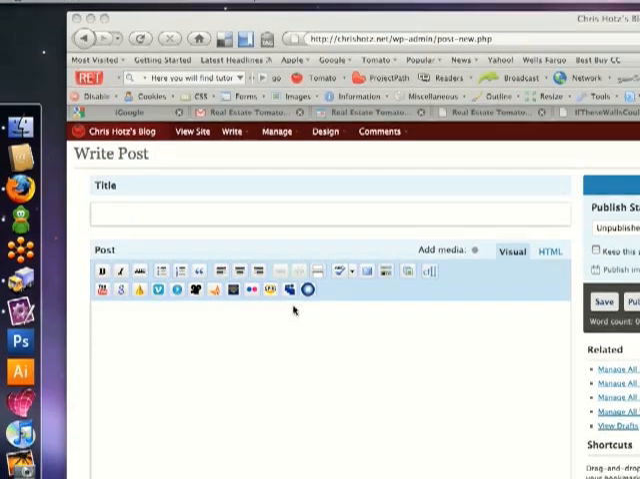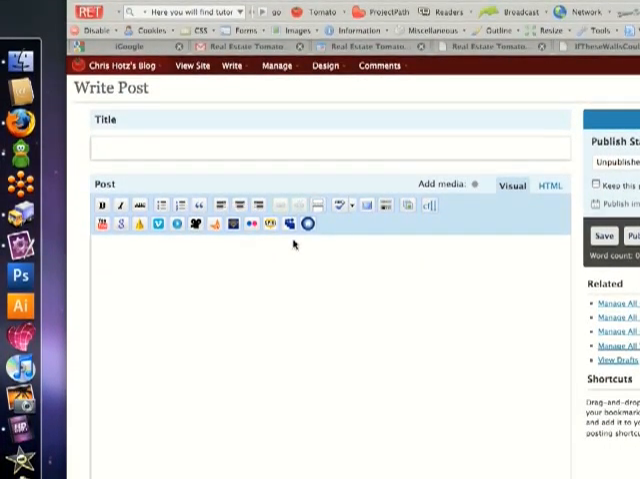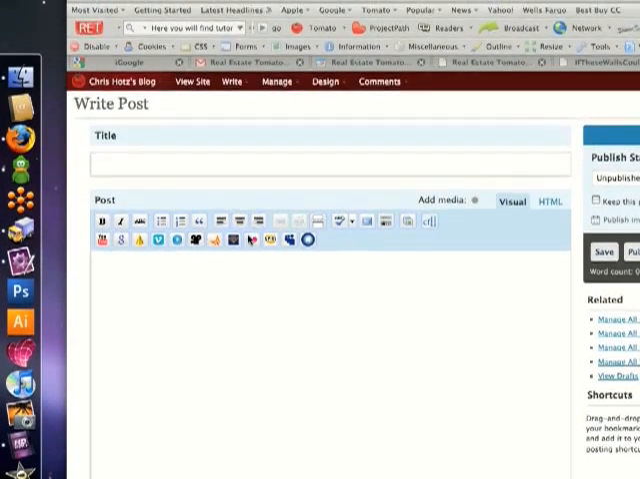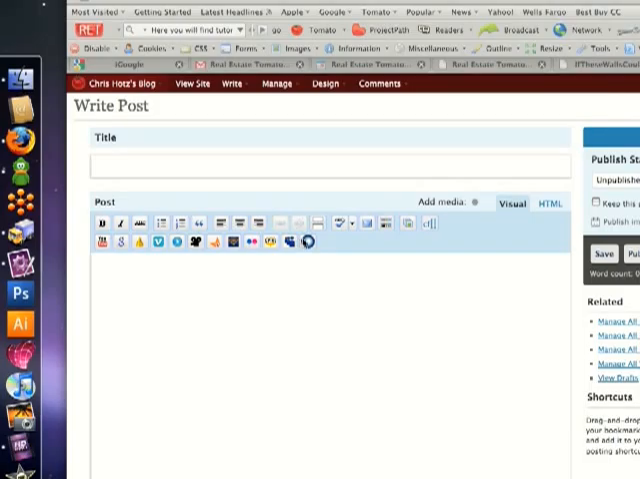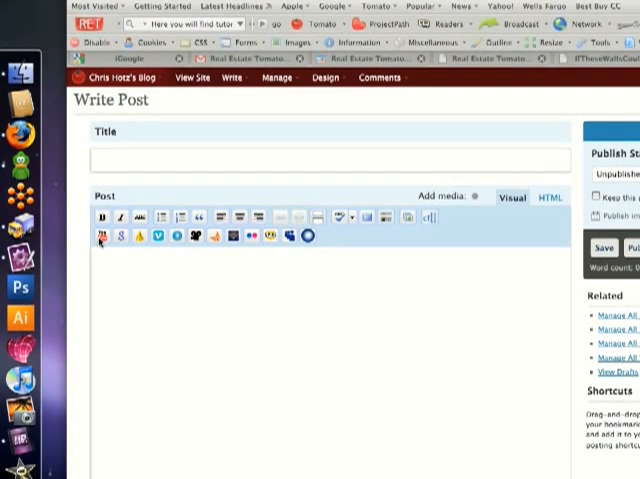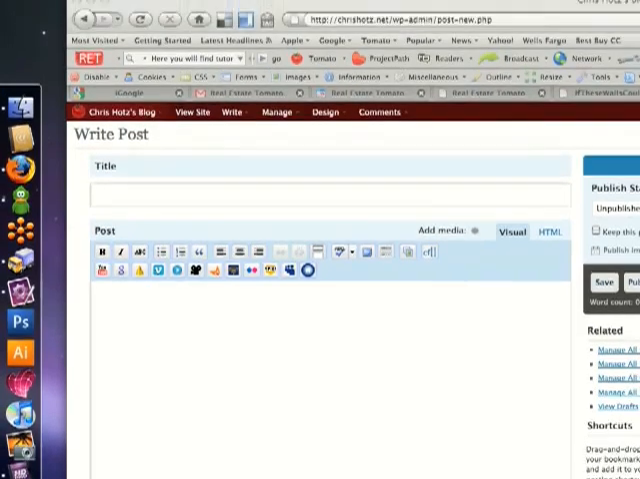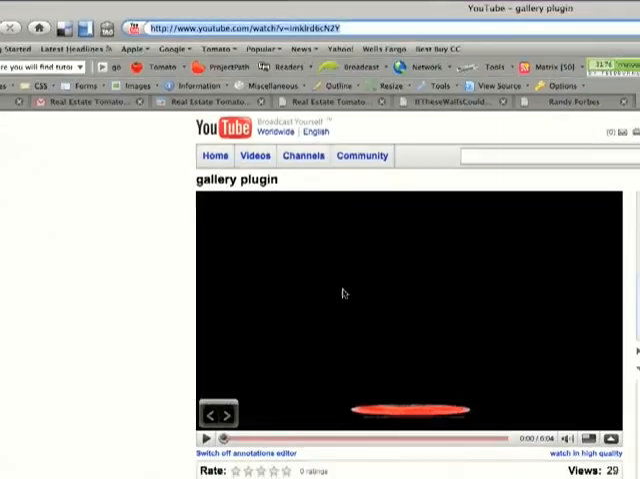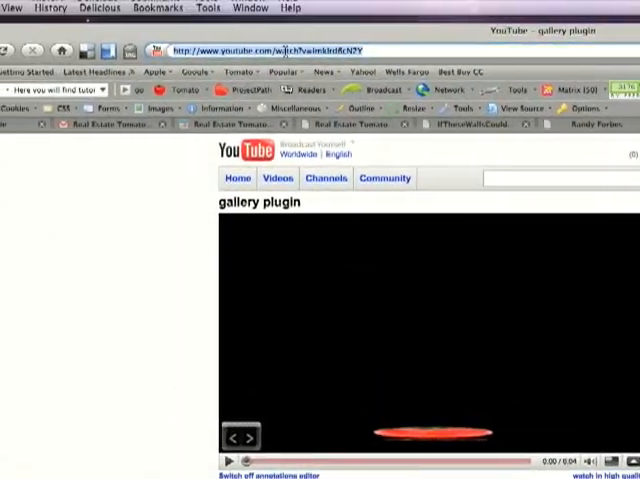Sometimes you want to add a video to a post or a page on your website. To do that, we've made it easy on you by adding these icons within the WYSIWYG. So for instance, if you want to add a YouTube video, all you have to do is go into YouTube, find the specific video that you want to add, copy the URL,